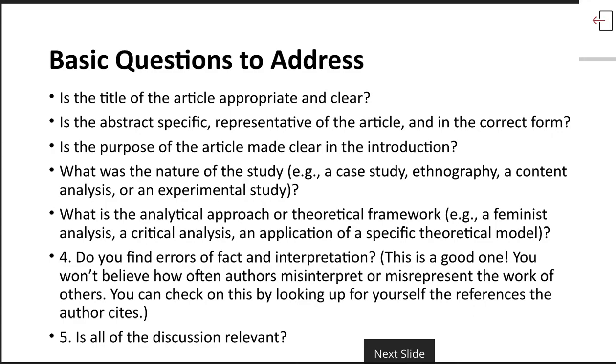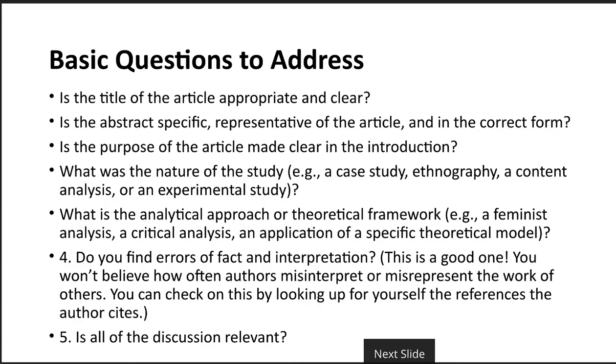Right, so now we talked about the structure, a few important points that we covered. Now we need to ask ourselves a few basic questions when we critically review an article. There are quite a few questions, about 10 to 20, but we start with the first thing first, and that is the title. Is the title of the article appropriate and clear? Ideally, the title of an article will reflect the aim of the research, the methodology, and the context, right? For instance,